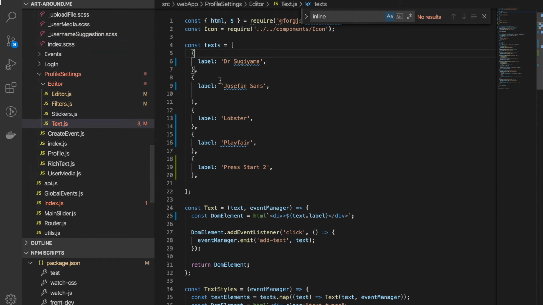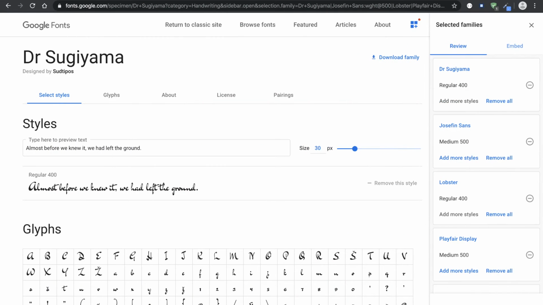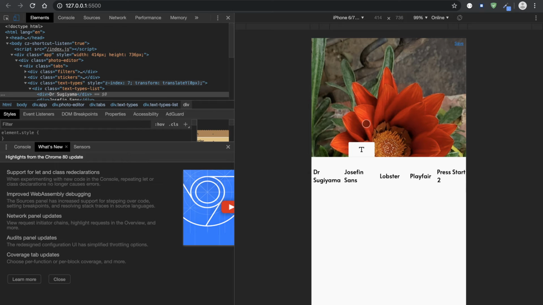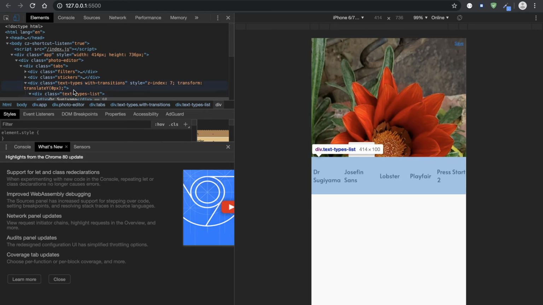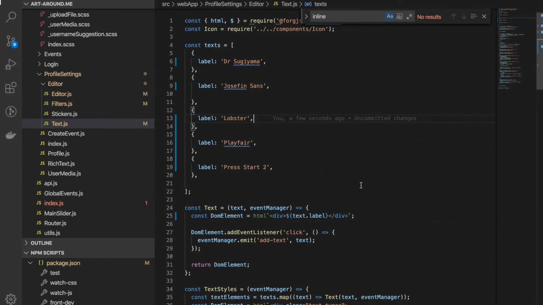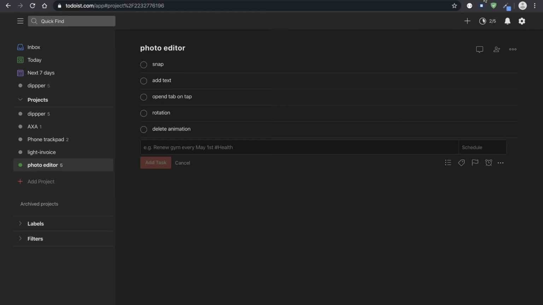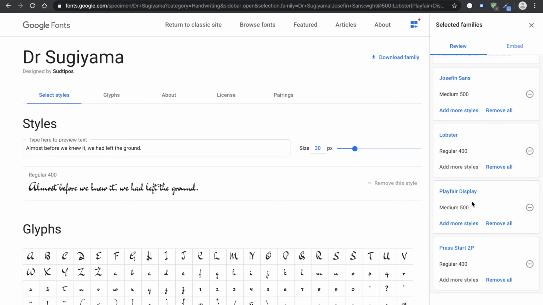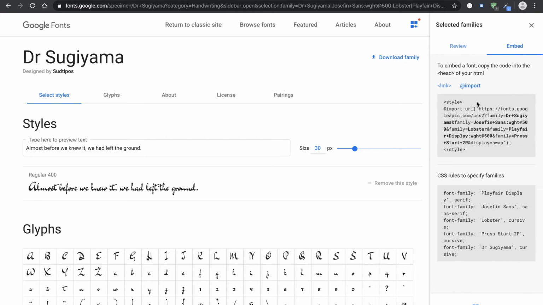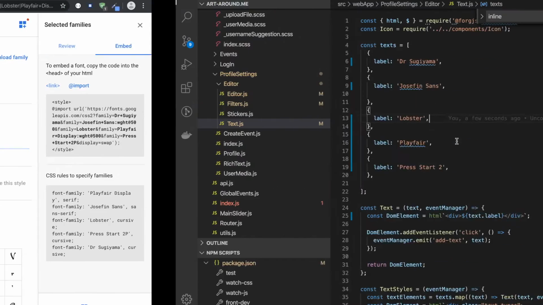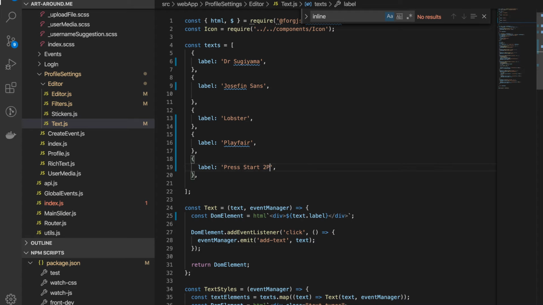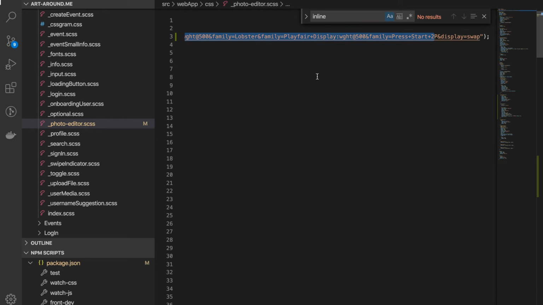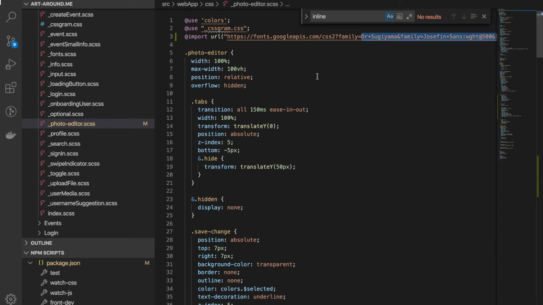Now the question is, if I select 5 fonts, how many do I have? 1, 2, 3, 4, 5. Press Start 2P. Embedded. Press Start 2P. Yeah. I forgot the P. Another thing is